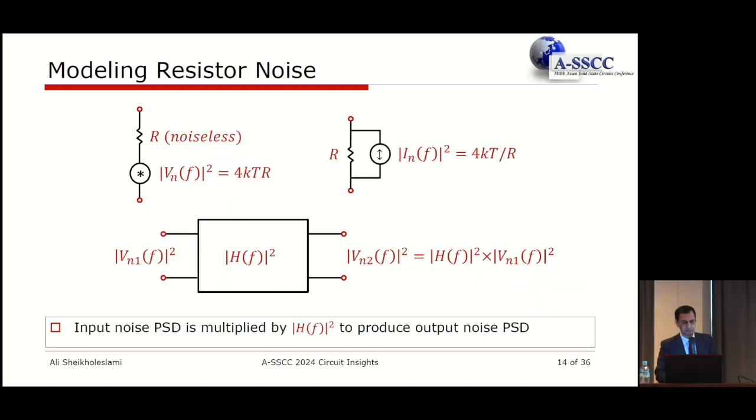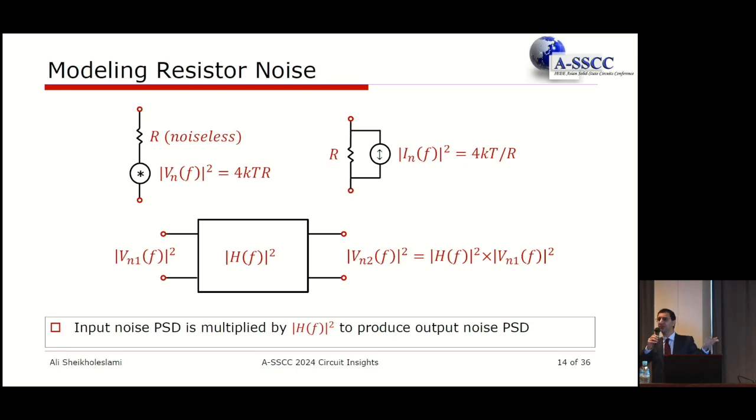So now that we know that the noise power spectral density for a resistor is 4kTR, how do we go ahead and model our resistor? If you have a noisy resistor, you could always take this power source and put that in series with your resistor. So in other words, you now have a noiseless resistor here, and a voltage source with a power spectral density of 4kTR. Now, instead of using plus and minus, I'm using a star here. The star tells you that there's no polarity associated with noise, because we're looking at the power, and power is always a positive number in this case. So we are just writing it like a star.